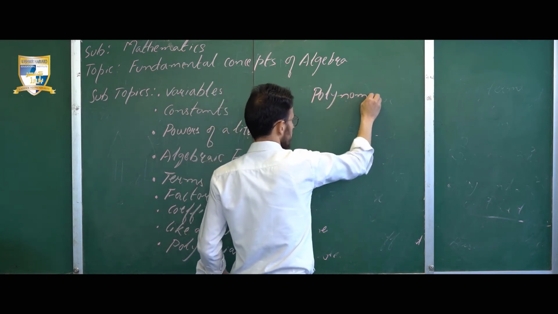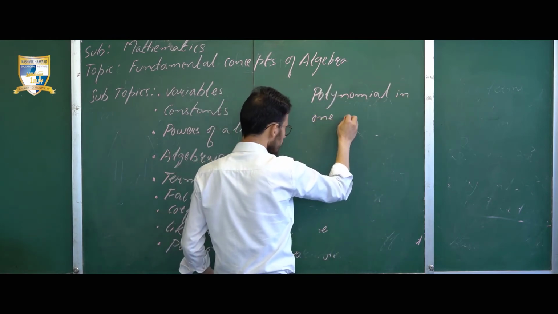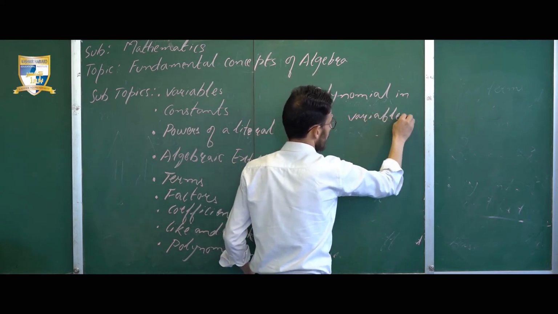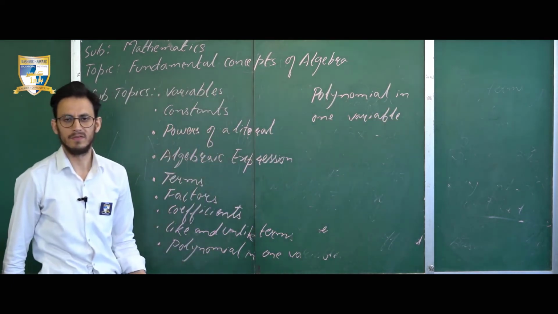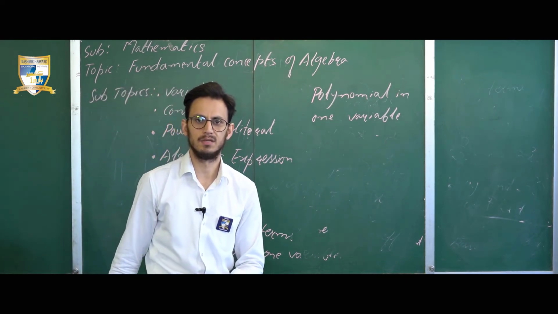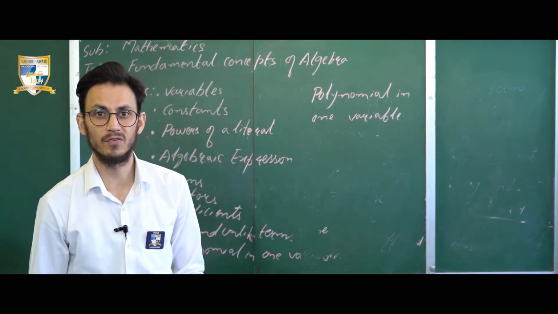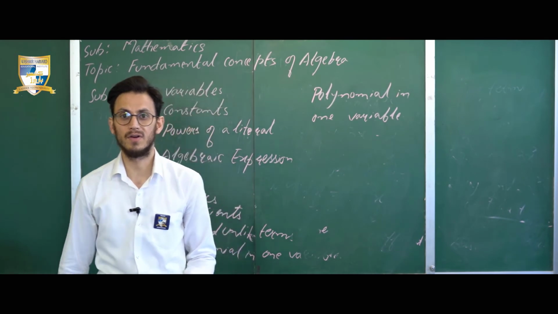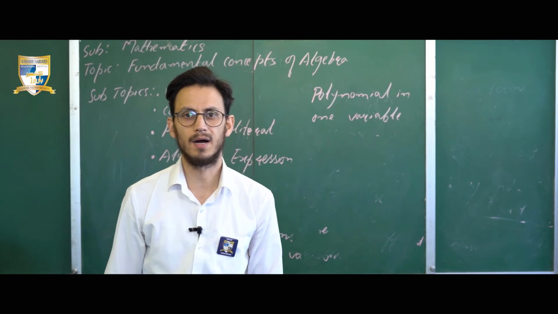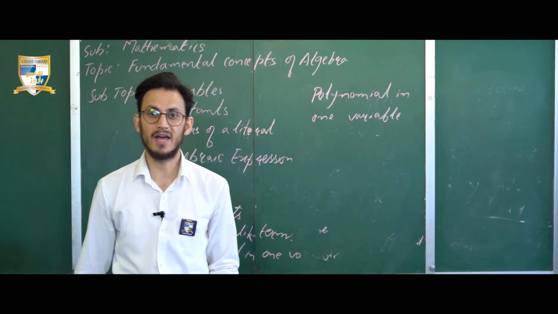Polynomial in one variable. First, understand what is a polynomial. An expression having a constant as well as a variable. Most important, when we need to check whether an expression is a polynomial or not, we have to check the variable parts. If the power of the variable is a whole number,